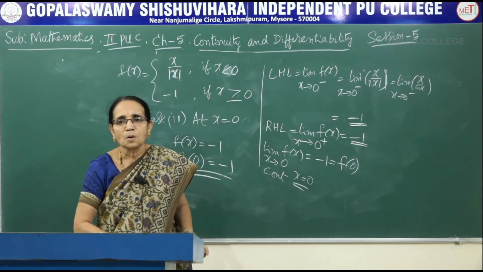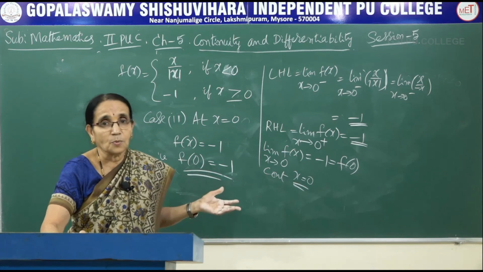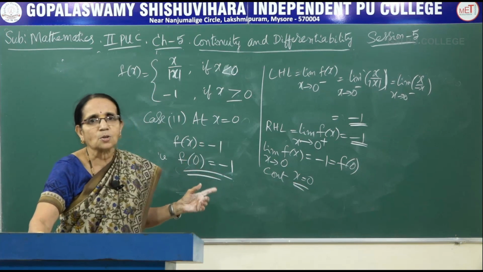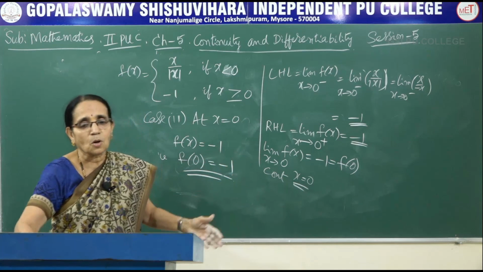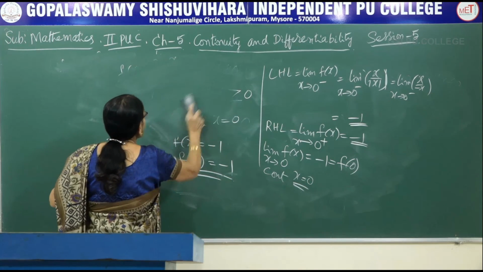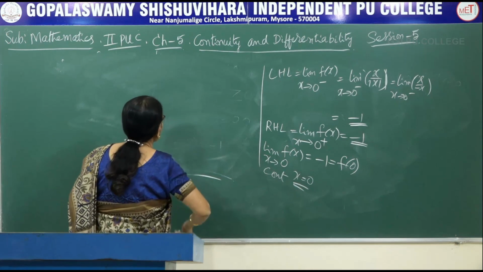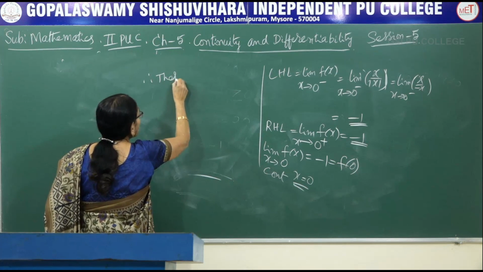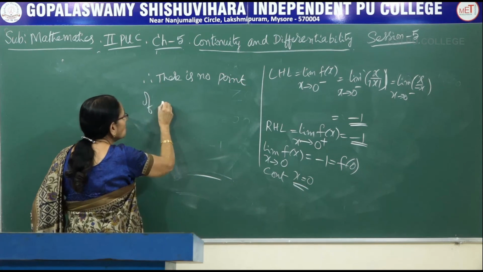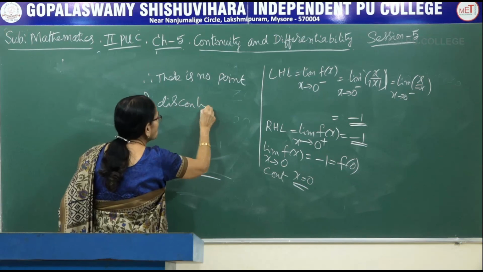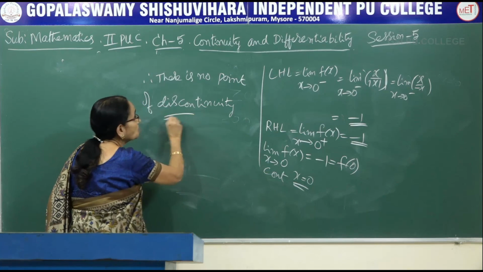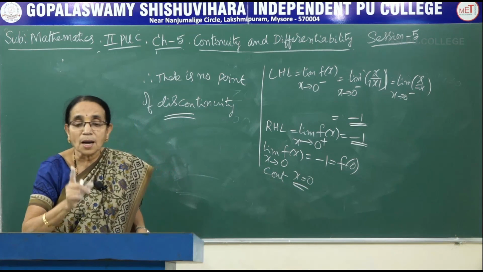In the earlier two cases, we had argued that for the negative values it was continuous, for the positive values it was continuous, and at exactly 0 also it is continuous. So, how do you write the conclusion here? Here we were asked to find the points of discontinuity. Therefore, you have to write: there is no point of discontinuity. So, this is the procedure you have to adopt to write the answer.